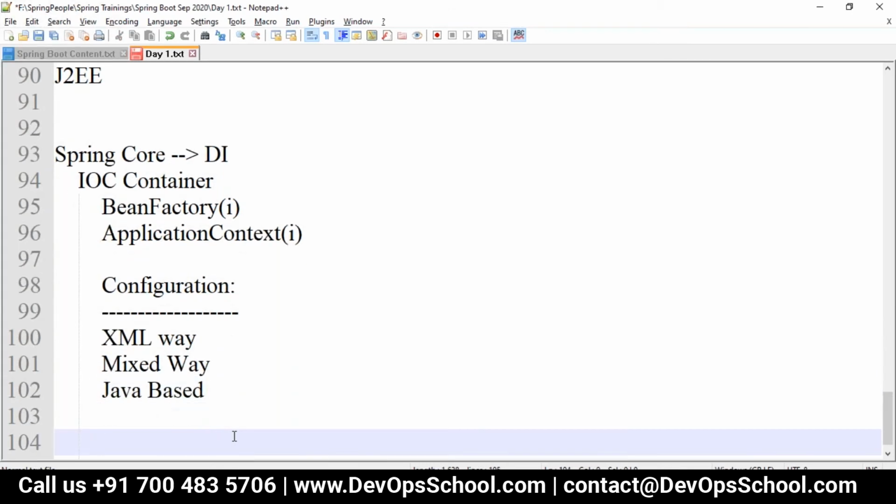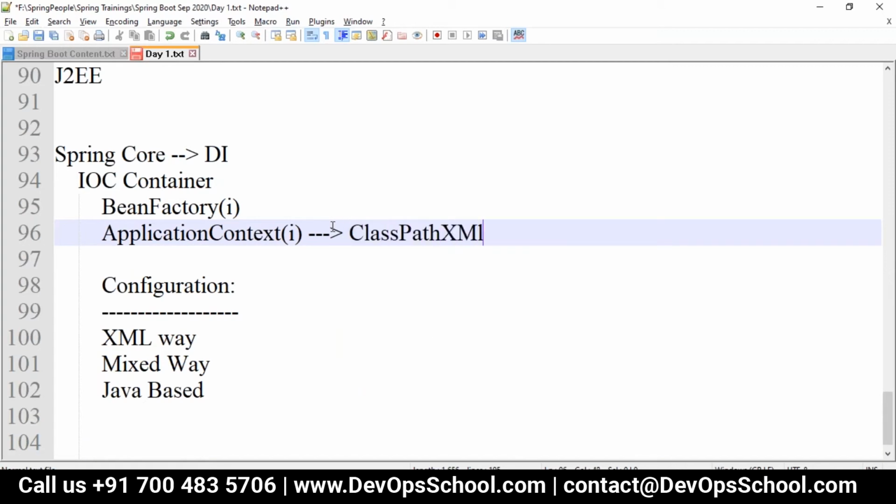If I go with the XML way and I am working with the application context, we have a class called ClassPathXmlApplicationContext. There are different implementation classes. If you have XML, we go with this one, that is, if the XML is present in the class path.